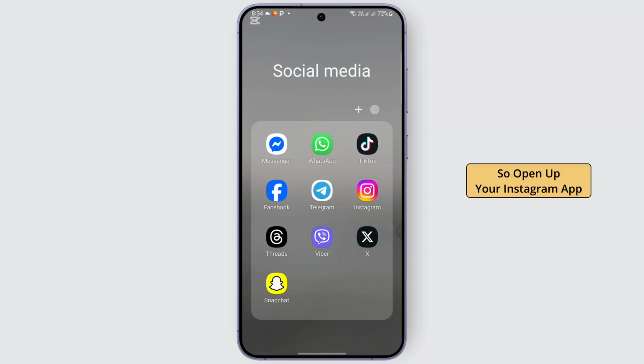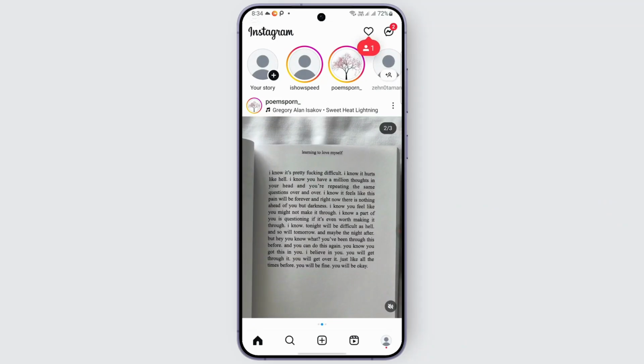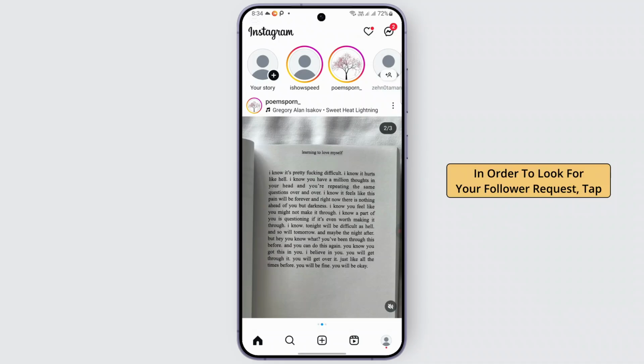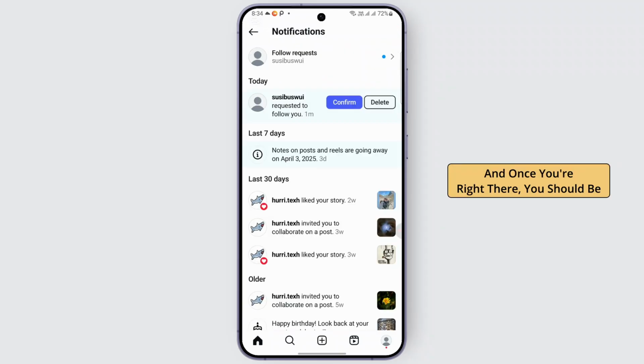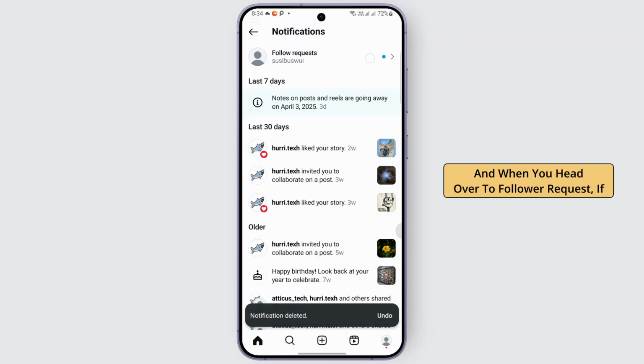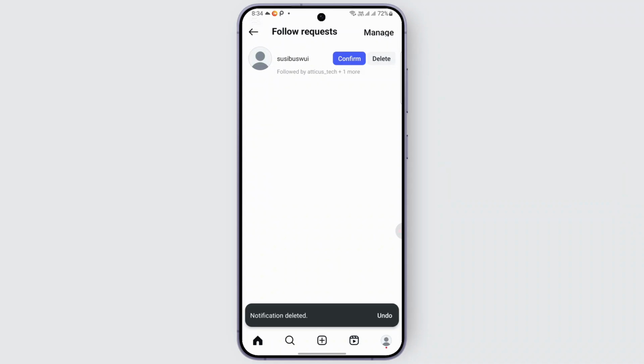So open up your Instagram app, and then once you open up Instagram, in order to look for your follow request, tap on the heart icon at the top. And once you are there, you should be finding your follow request. So if you tap on the delete option,